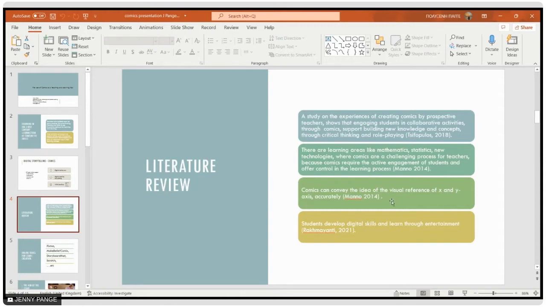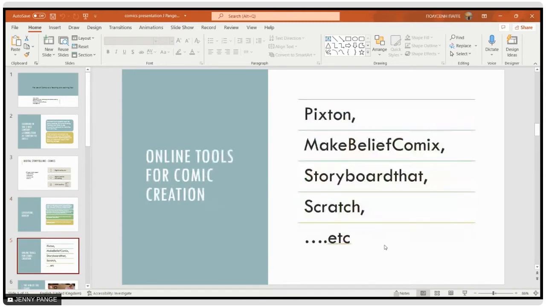And as Manu said, comics convey the idea of the visual reference accurately, so they can understand where the object is and how we can start counting objects, and that comes to the mathematics course. Students also develop digital skills and learn through entertainment. That's another paper in our literature review that has to do with this storytelling subject.